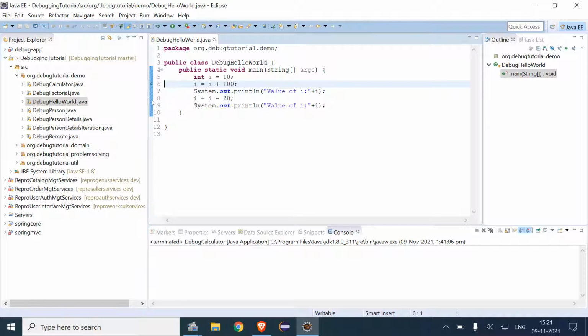And now we come to this 8th line, and here we will give toggle breakpoint.